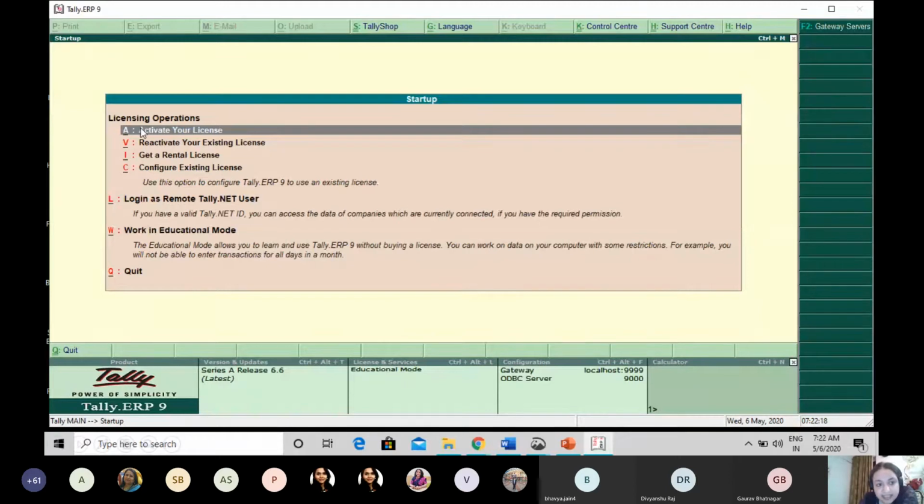If you see on the top, we have print. It means in order to print any document, we have to press Alt C. Then we have export. For exporting any document, we have to press Alt E. But you can see S has double lines. If it has double lines, it means we have to press Control S and not Alt S, because it has two lines at the bottom. Is it clear to all of you?